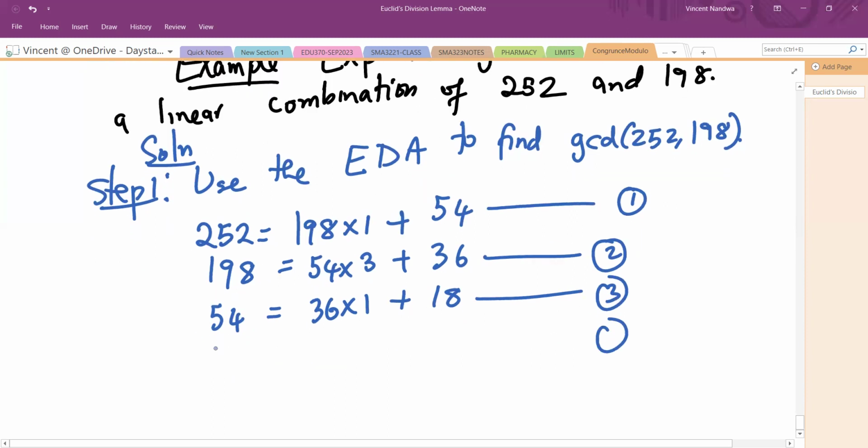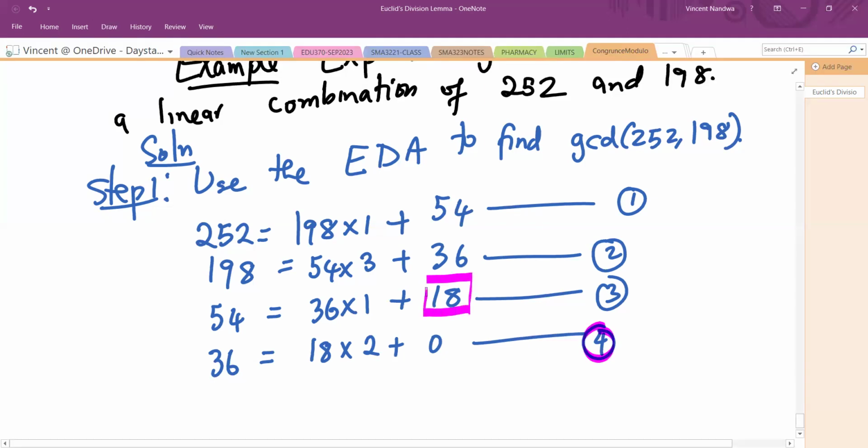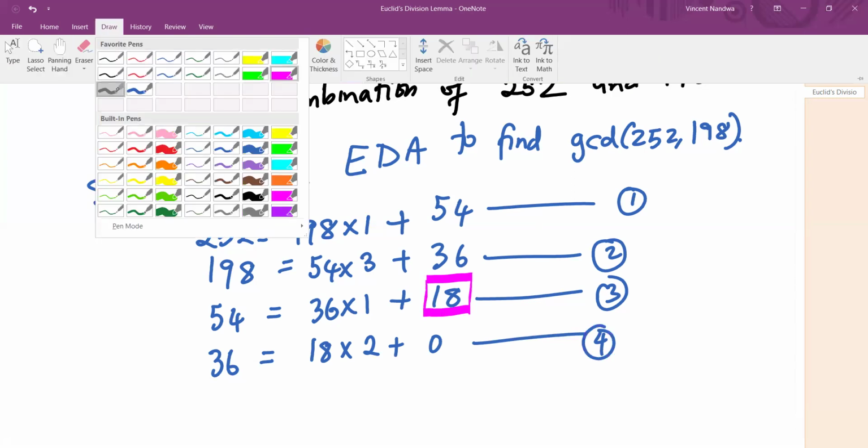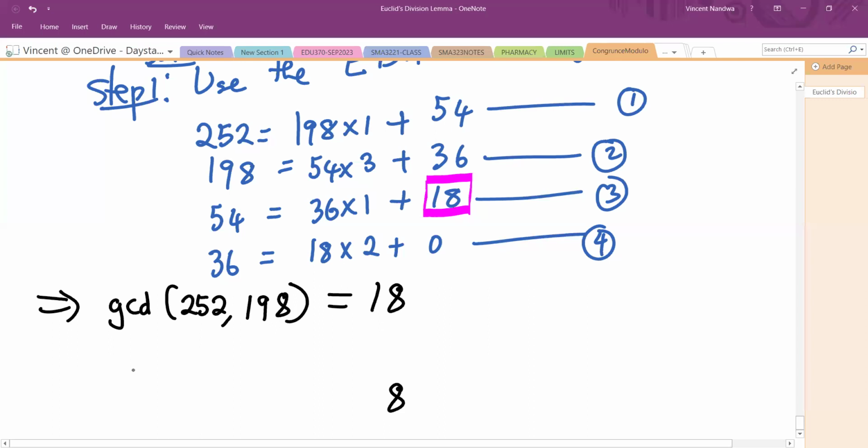The next step, our new A will be 36, our B will be 18. I multiply by 2, and I get the remainder to be 0. Whenever we get the remainder to be 0, we stop at that point. And so that is the GCD. This implies that the GCD of 252 and 198 is given by 18. So that's the first step. So step 2,